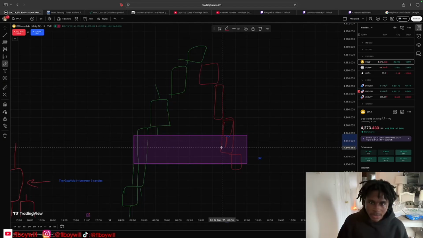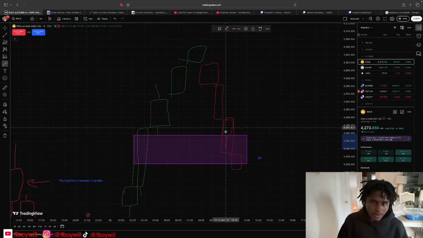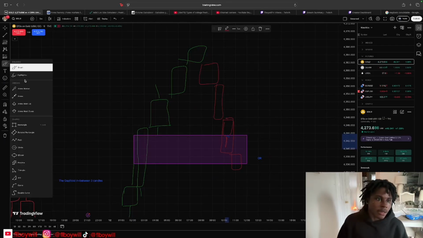Don't care about this candle right here. This candle is the real one. Wick in right here and go up, or it can close in the